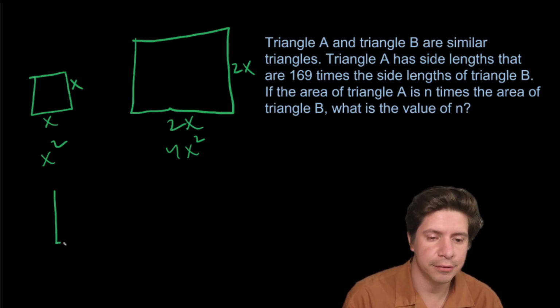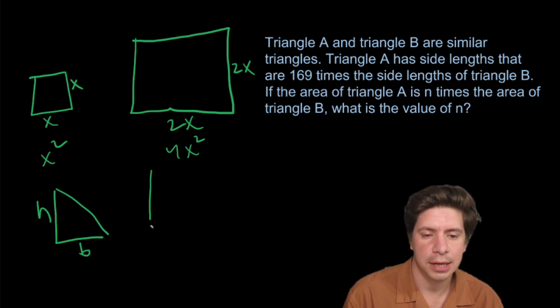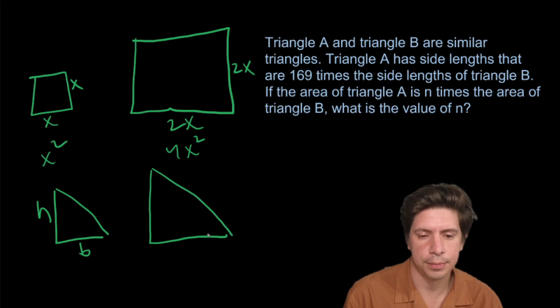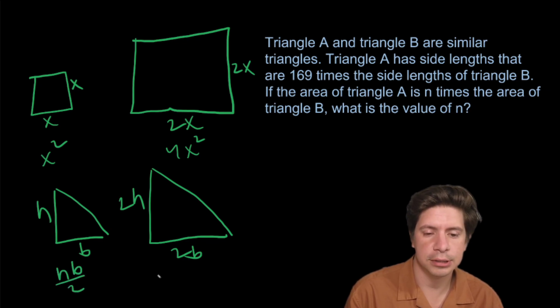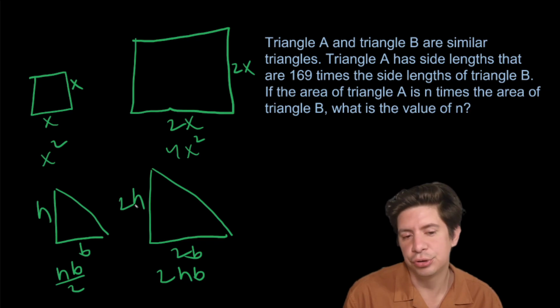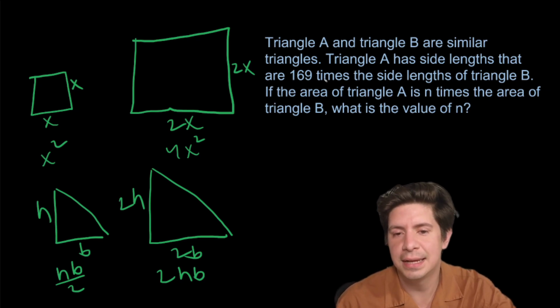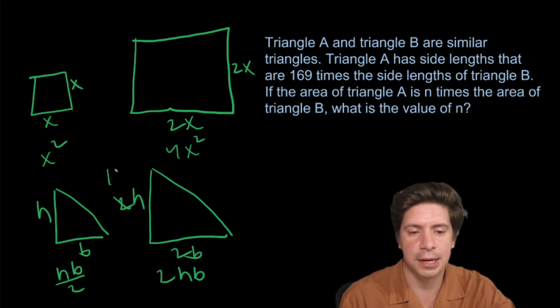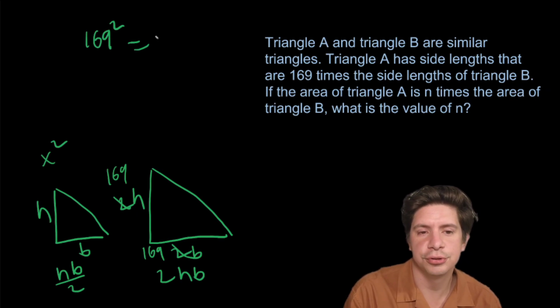So same thing with a triangle, right? If it's similar, let's say this is B and H, and then the other one is going to be 2B and 2H. When we multiply them, we would get here HB over 2, and on this one we would get 2HB. Because it'd be 2HB times 2B, you get 4HB divided by 2, right? And then we get 2HB, again, times 4. So here it's 169 times, so instead of a 2, it would be 169. So what you would do is you would do 169 squared,